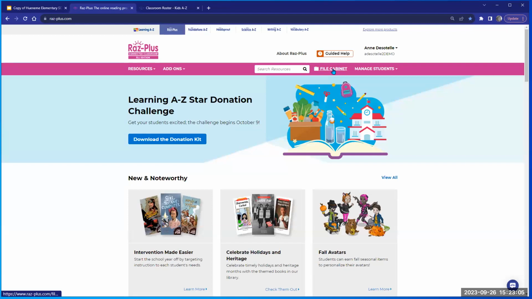Where was that? What level was that? Or what drawer was that in? So you have that file cabinet. Then you have this search bar. You can search by title, by topic,